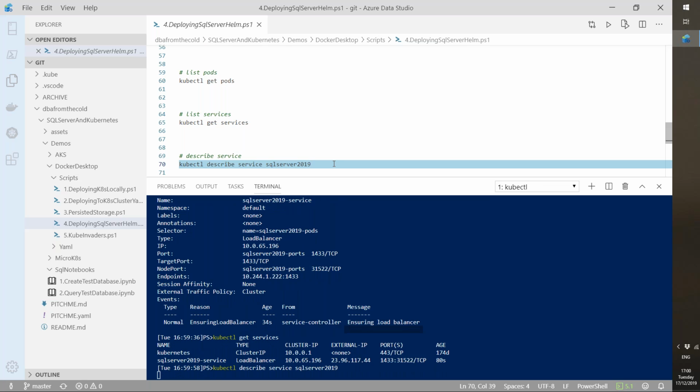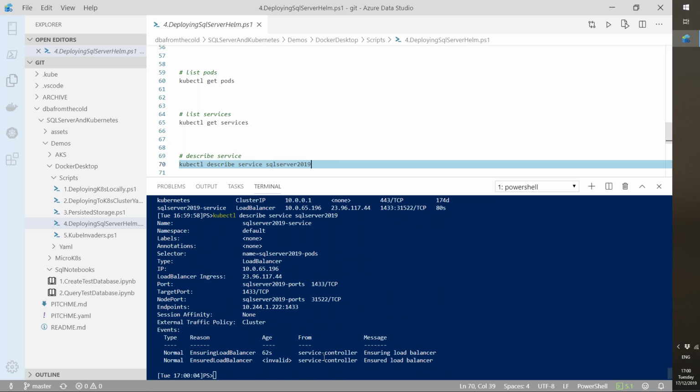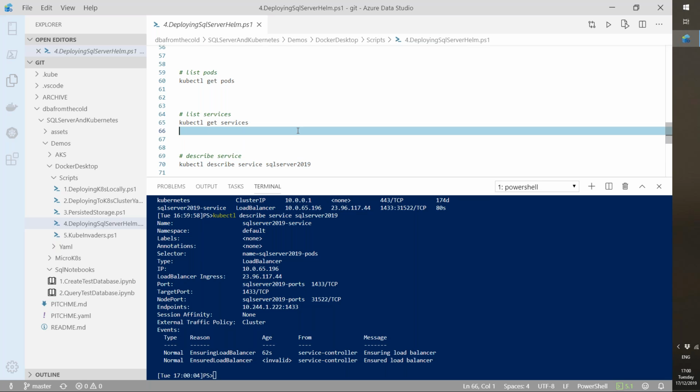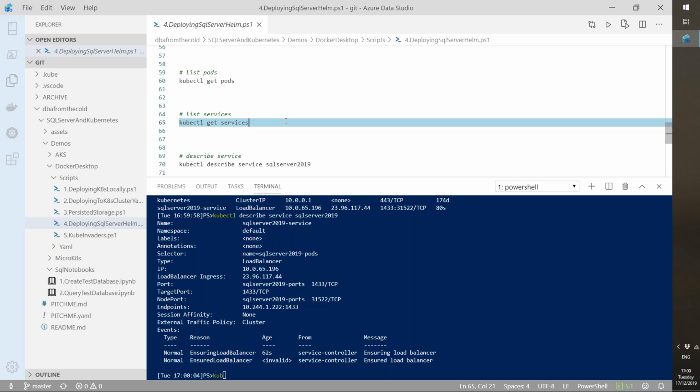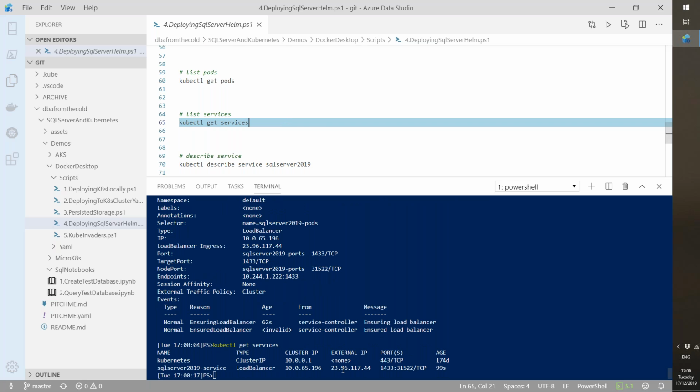So if I describe service, we can see the service controller, which has a dependency on the Cloud Controller Manager for this service. It has ensuring and then ensured our load balancer. And I can grab the service IP, and let's see if I can jump in and connect.